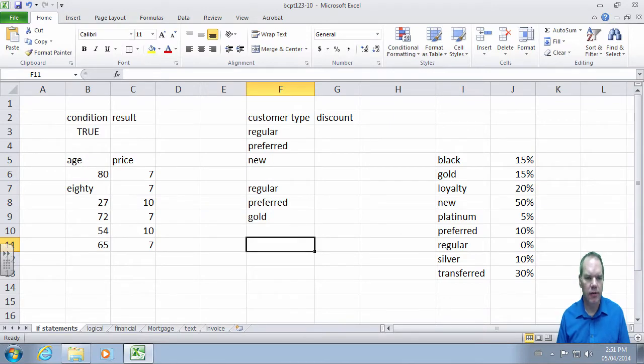Okay, more of a look at functions. We're going to take a look at the if statement again, and then some logical comparisons that we'll use in the if statement, financial functions, and that sort of thing. So first of all, we have an if statement, and in our simple if statement, maybe we're a